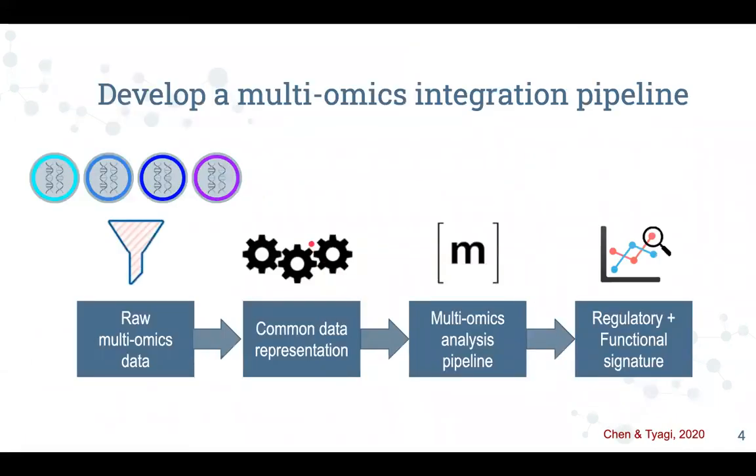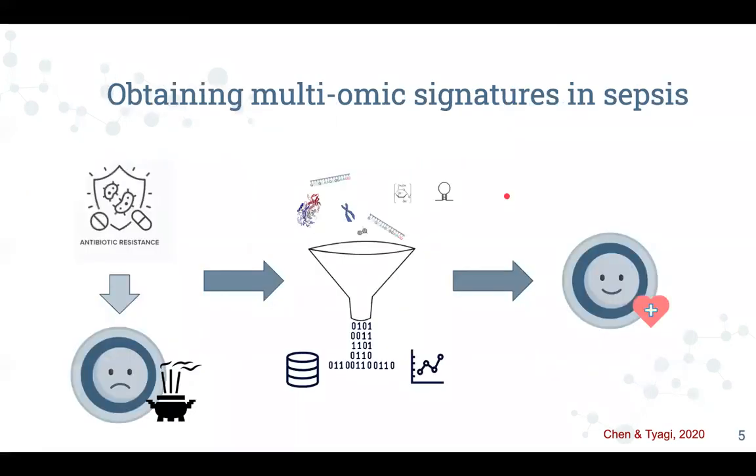Having demonstrated that multi-omics provides a higher resolution view of data, we then consider that it's not trivial to analyze multi-omics data, as the variety of data modalities and formats is very large. To address this barrier, we created a multi-omics data integration framework to investigate bacteria that cause sepsis in hospitals. And to do this, we use a combination of machine learning and natural language processing. We apply this to investigate the functional and regulatory signatures of sepsis and to identify integrated features of interest at